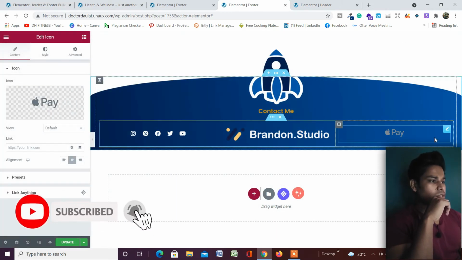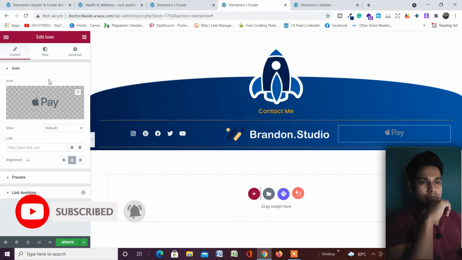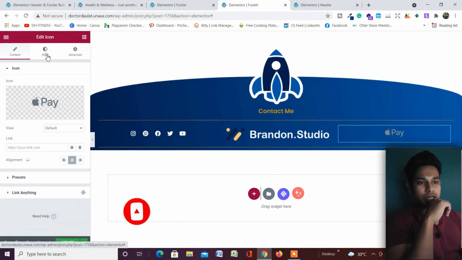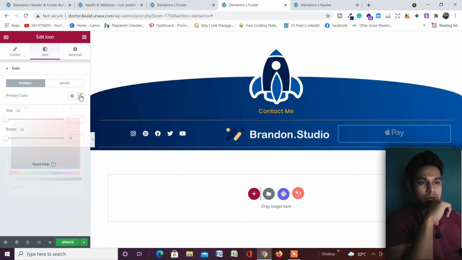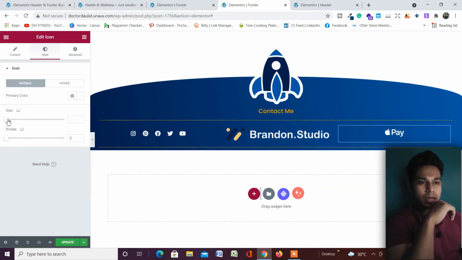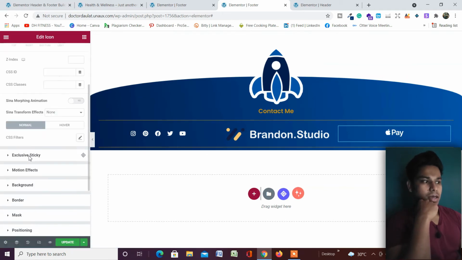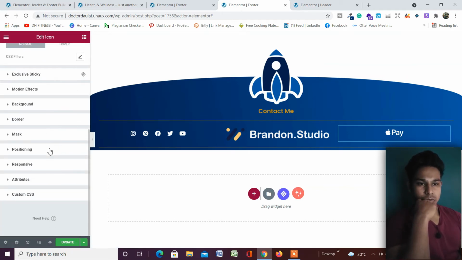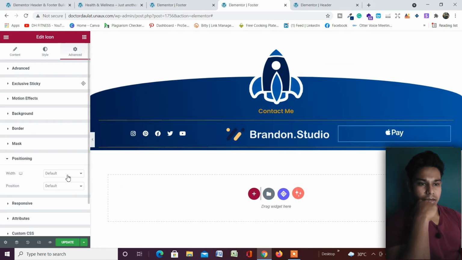and I'm just going to make it inline auto first. Let's change the color first. So let's make it complete white. Now it's good. I have to increase the size a bit. So let's see how it looks. So go to advanced section and go to this positioning and make it inline auto,